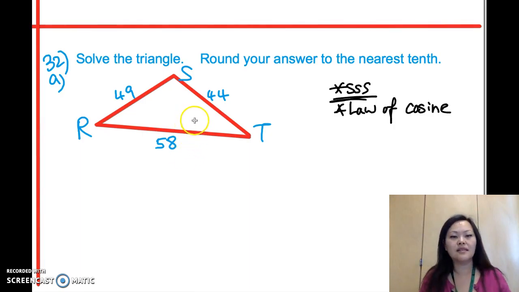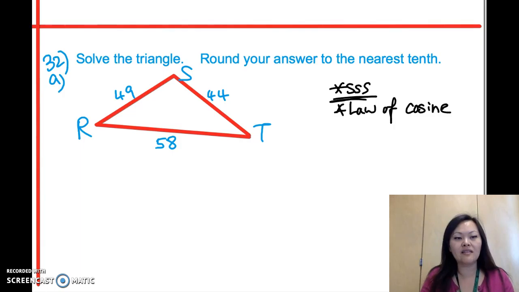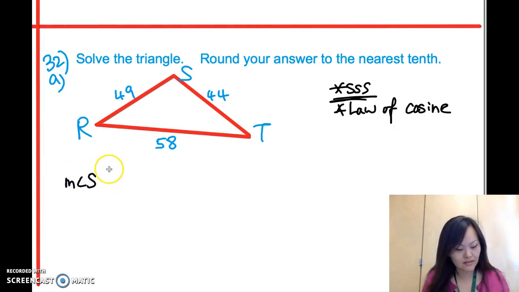All right, so let's see. How do you find out which angle is the biggest? Well, the angle opposite the biggest side, the longest side, will be the biggest angle. So we're going to go ahead and find the measure of angle S first, okay? So measure of angle S. And so then the formula goes, I'm supposed to put my finger right here. So then the opposite side would be 58, right? So 58